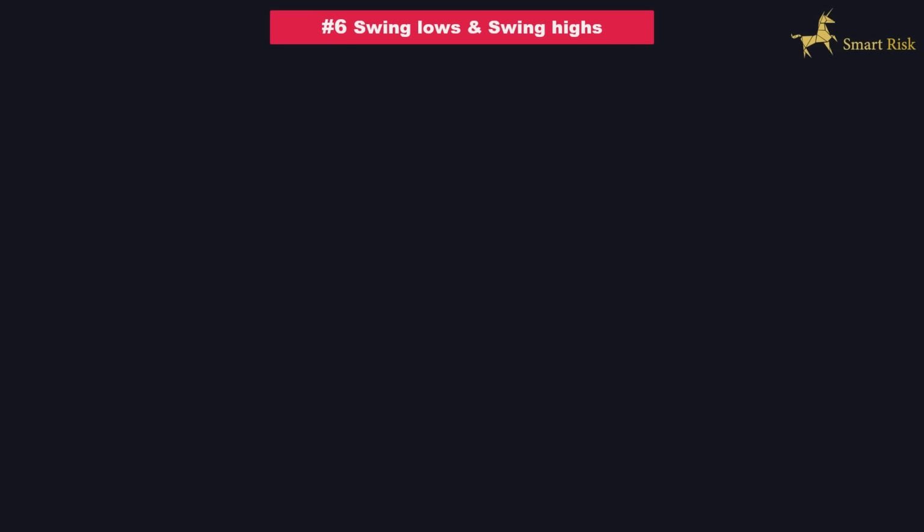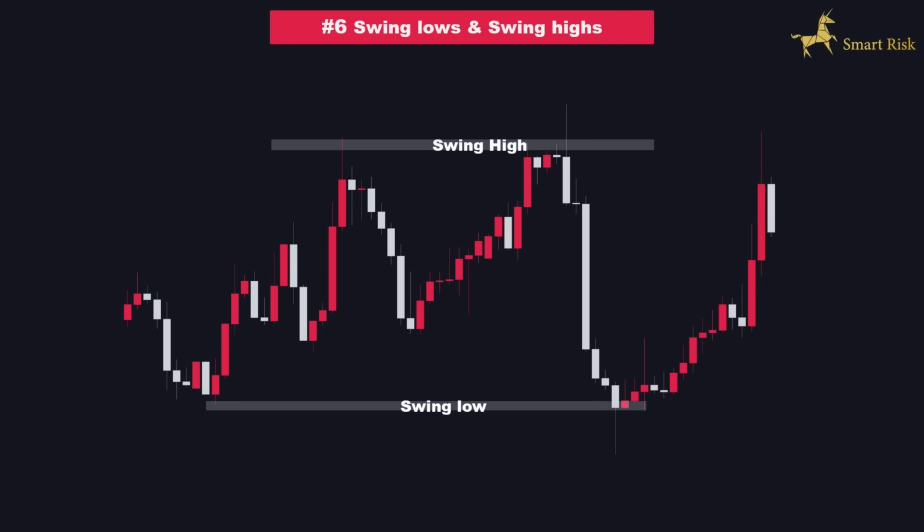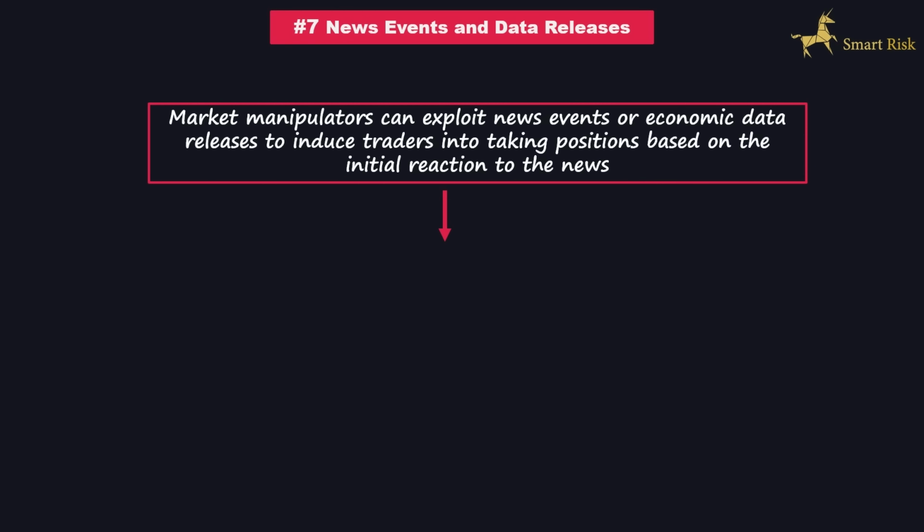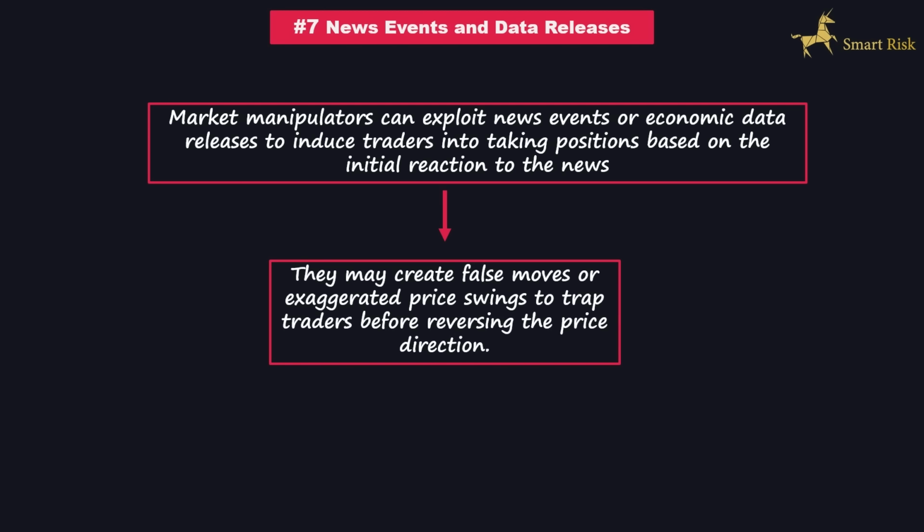Number 6 is the swing lows and swing highs. Inducement zones can appear at swing highs and swing lows, which are levels where market manipulators may deceive traders by creating false breakouts or reversals. Next is the news events and data releases. Market manipulators can exploit news events or economic data releases to induce traders into taking positions based on the initial reaction to the news. They may create false moves or exaggerated price swings to trap traders before reversing the price